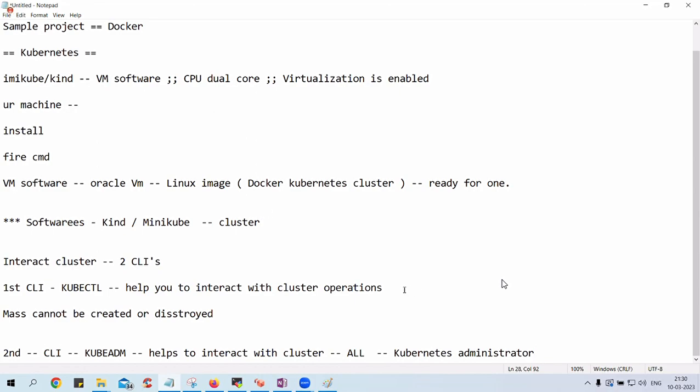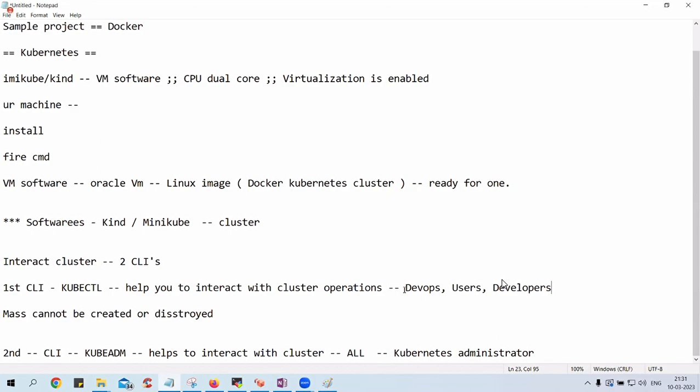And these kubectl tools are generally used by DevOps engineers and any other users or developers who want to interact with Kubernetes. To put it more straight, a person in the administrator role needs to have the KubeADM tool to manage the cluster operations in administrator style.